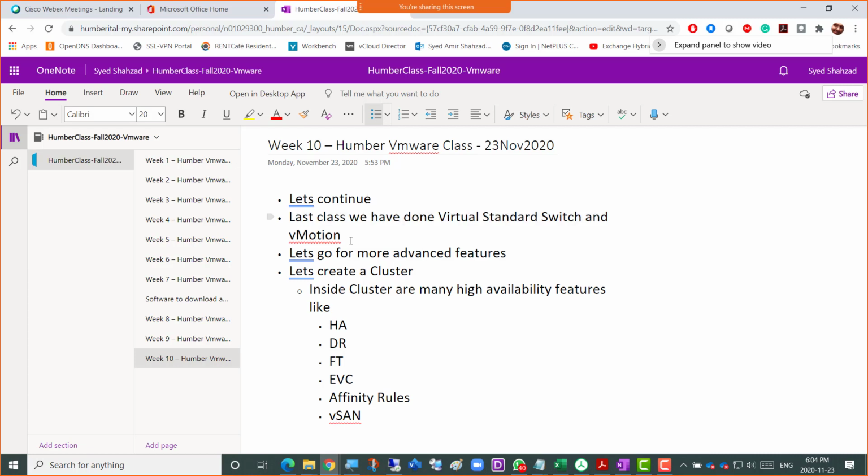So vMotion was just the migration, and then let's go for more advanced features for VMware, and that is, let's create a cluster. Inside a cluster are many high availability and disaster recovery features. Disaster recovery features, like in the cluster, first of all, the cluster